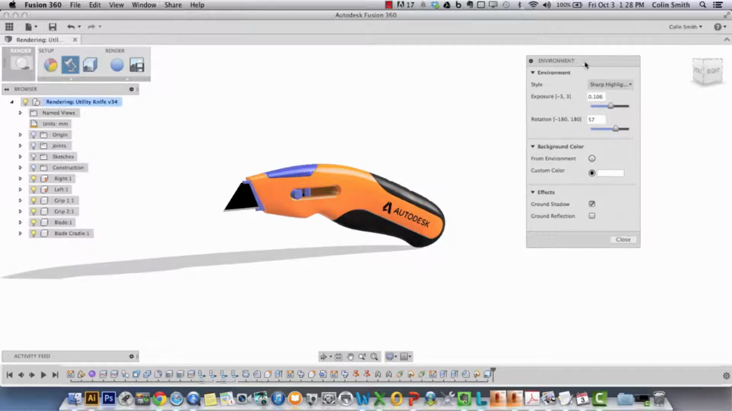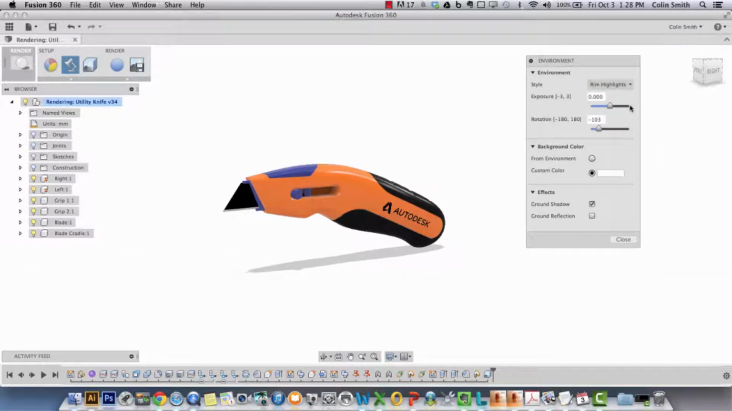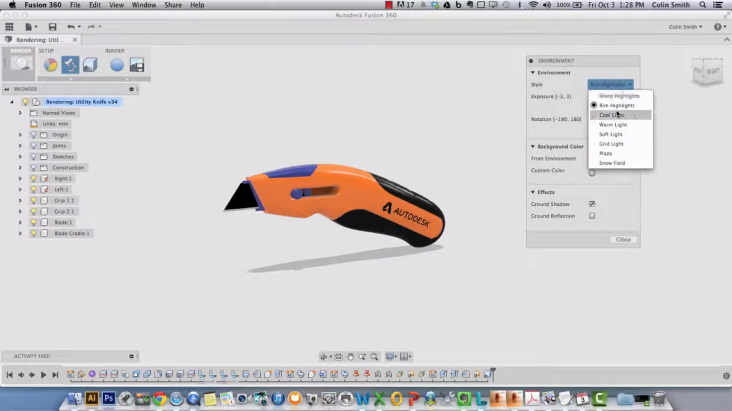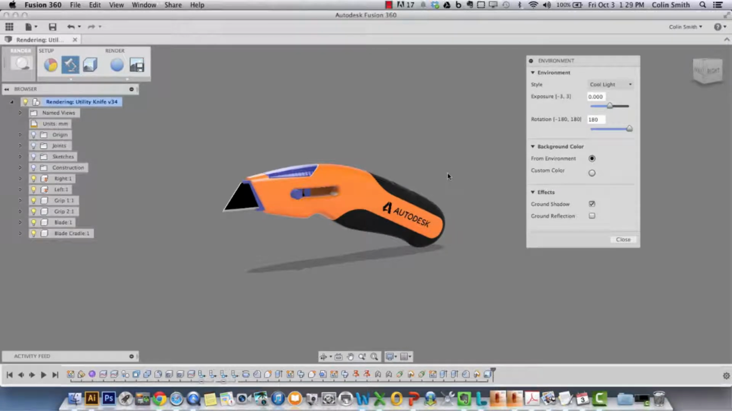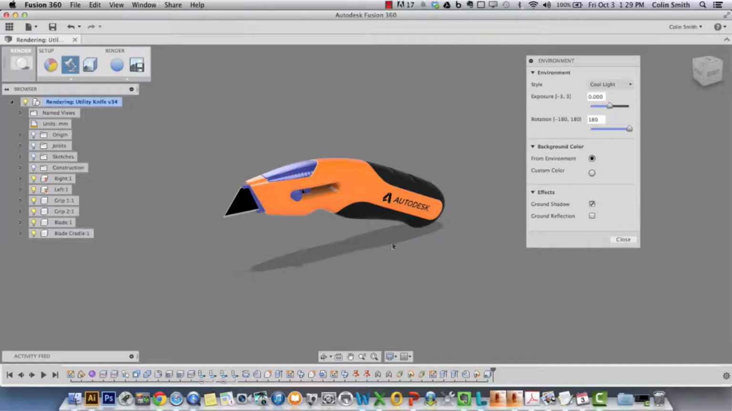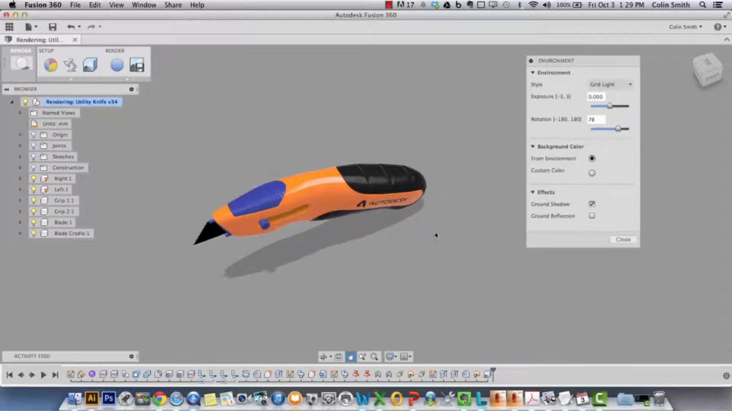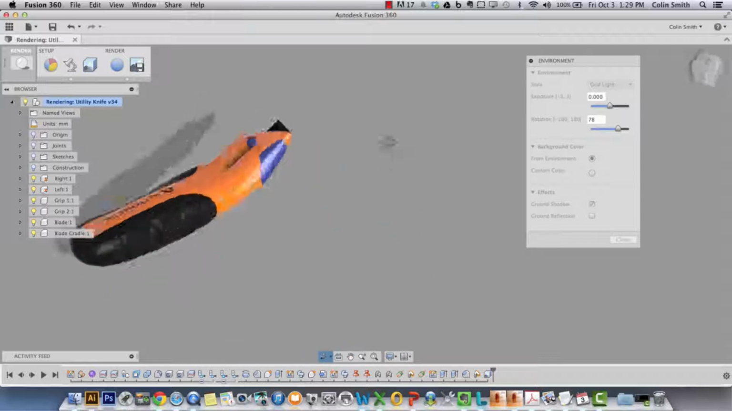And in here, in the environment section, the style refers to the type of map that you want to use in the scene. So right now we're on sharp highlights, and there's a number of different choices, and as you move through the different choices, you can see how that affects the scene. So a cool light gives you a little bit different look, and you can see this is more projected downwards, and you get the shadow right underneath. Warm light is similar, except it adds a warm light, different color light in the scene, a soft light, and a grid light. So there's a number of different lights to choose from,